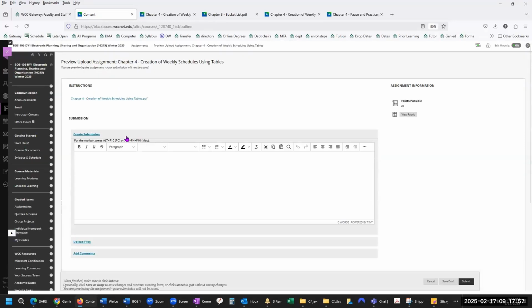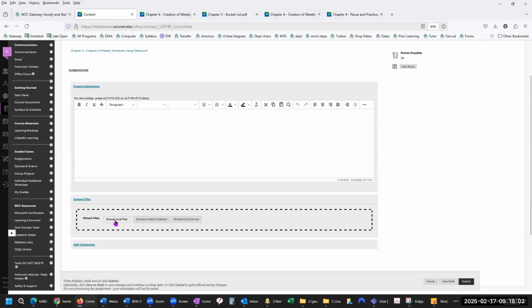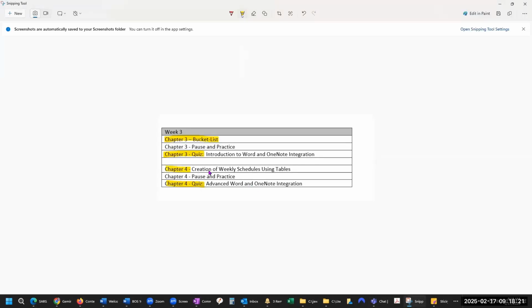And then just create, and you're just uploading a file here, or dragging it or browsing it to your hard drive. So that's a little bit different in terms of an assignment. It has really nothing to do with OneNote. It's just you creating a document and uploading it. All right, so that's this one here.